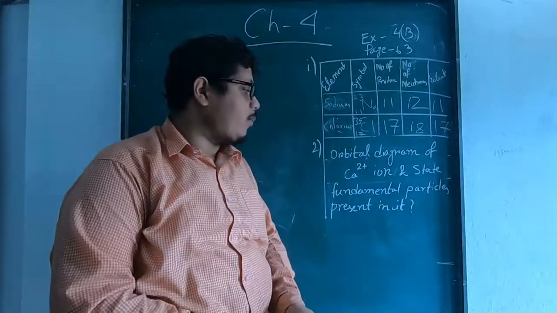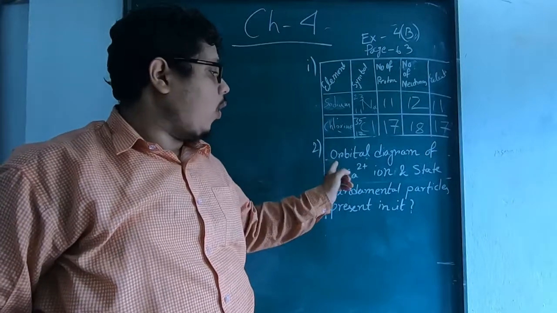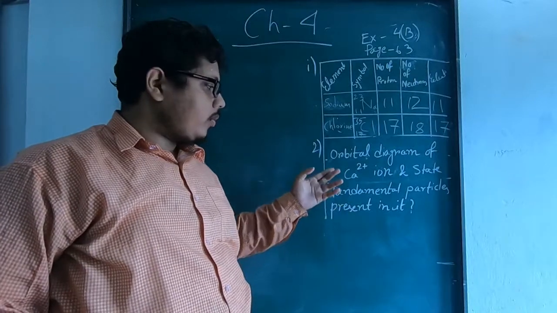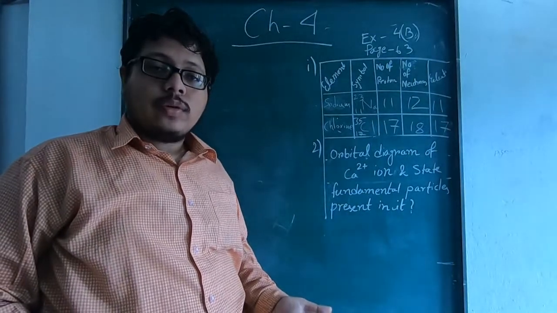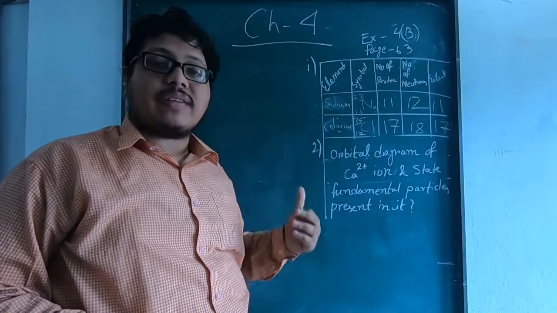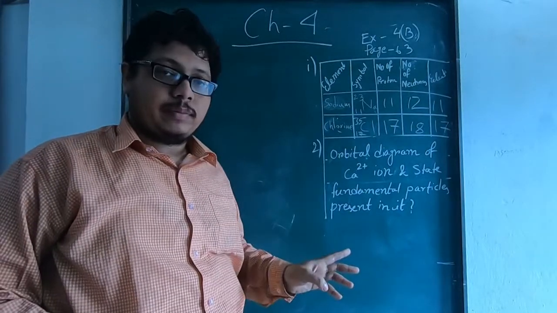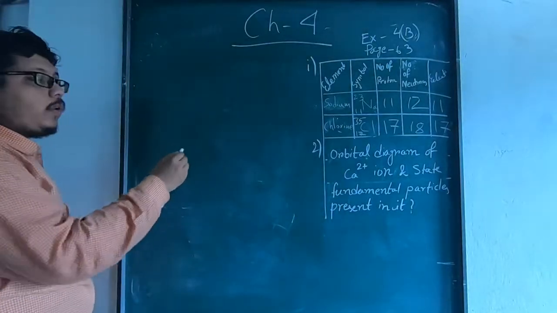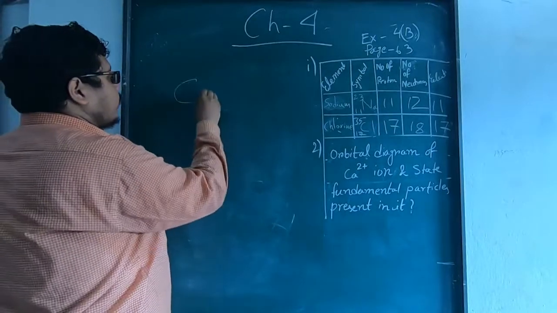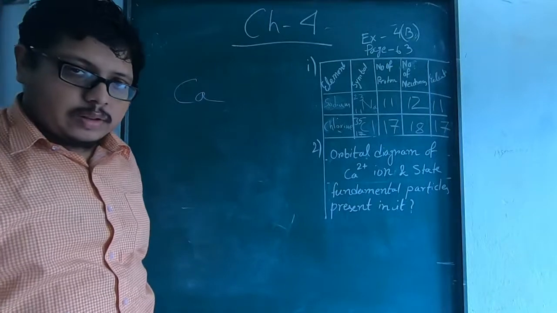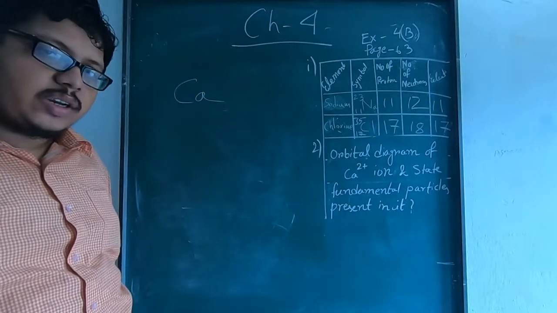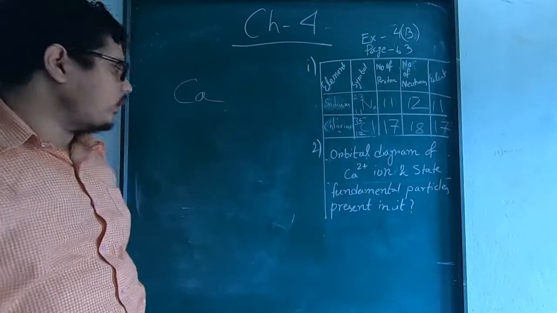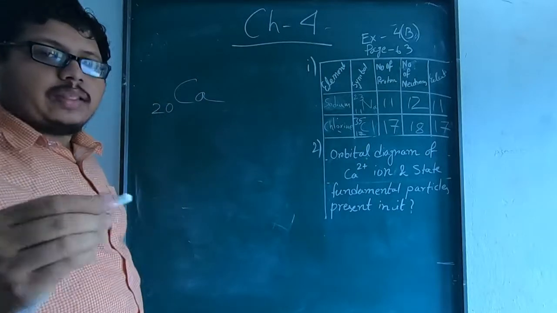So here we can see the second problem that we have chosen is the orbital diagram of calcium ion, Ca2+ ion. Now the calcium atom you can do, is it not? In the previous class we have discussed potassium, not calcium, is it not? Let's discuss the calcium ion. First of all, we need to think about the calcium atom. So if you remember the atomic number and mass number of calcium, what was it? We said the first 20, and calcium is the last one in the first 20, right? And the mass number is